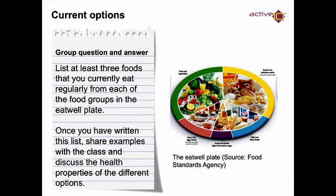We don't normally do this very much on the online presentations, but to help you, what I want you to do is pop the video on pause, and we're going to have a go at the group task. So list down at least 3 foods that you currently eat regularly from each of the groups on this Eat Well plate. Okay, and I'll give you some examples. Just while you're working on it, you don't necessarily have to put it on pause. But while you're working on it,